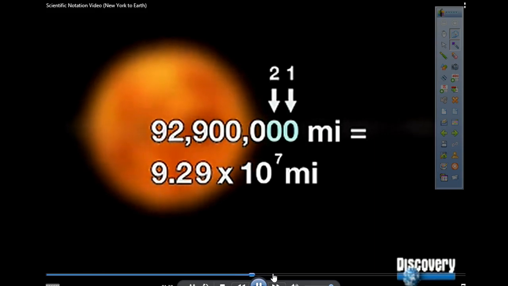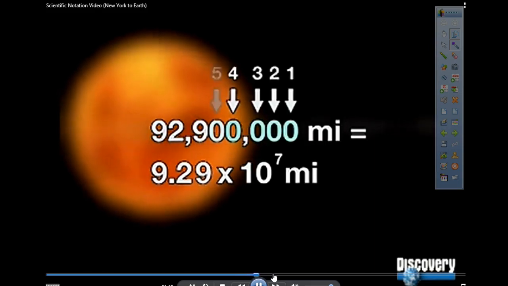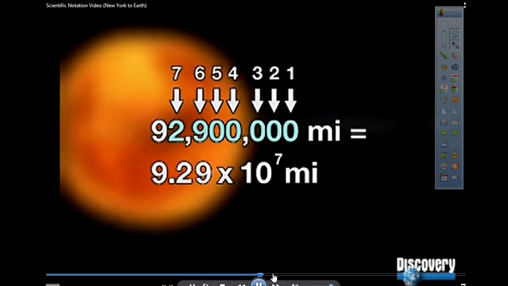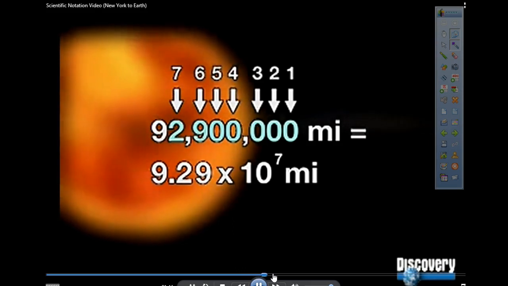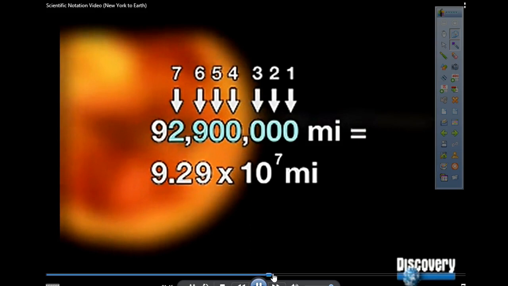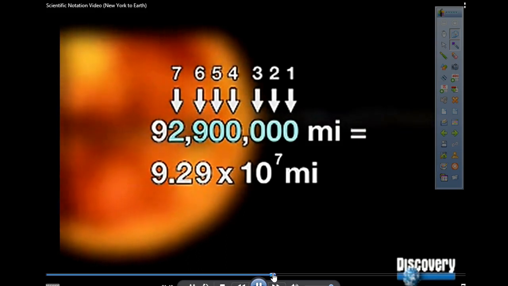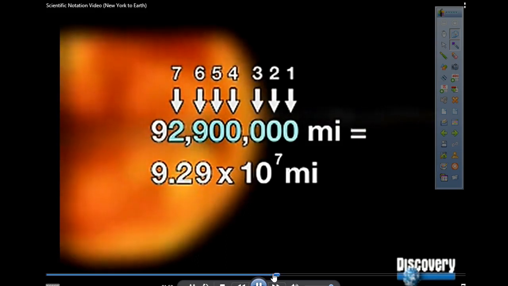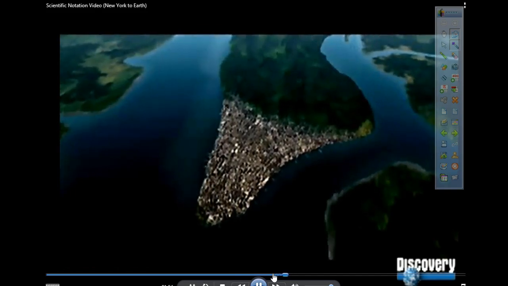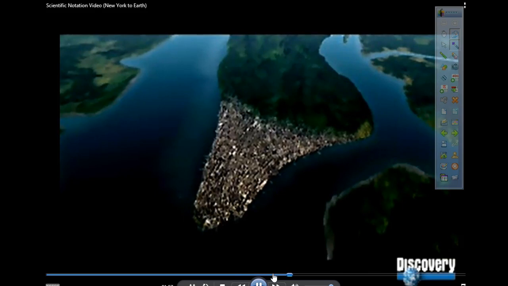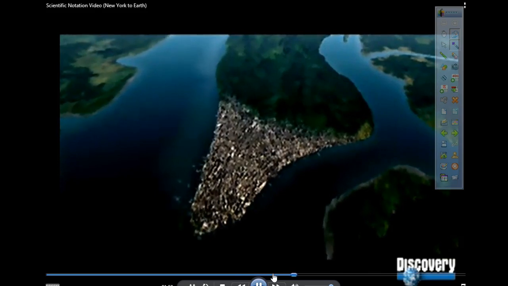Count how many places you have to move the decimal point to get to a number between 1 and 10. That's the power of 10. It's counting places. Scientific notation is a condensed way to write some numbers, and it also provides an easier way to compare them. Watch. How many Manhattan lengths would it take to reach the sun? We need to divide the distance to the sun by the length of Manhattan. In scientific notation, that can be written as